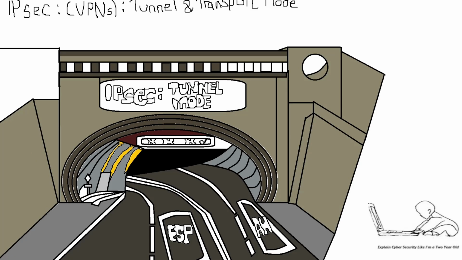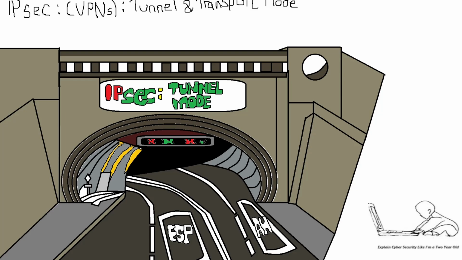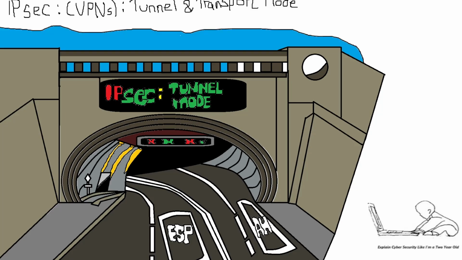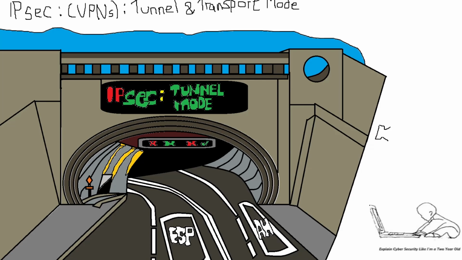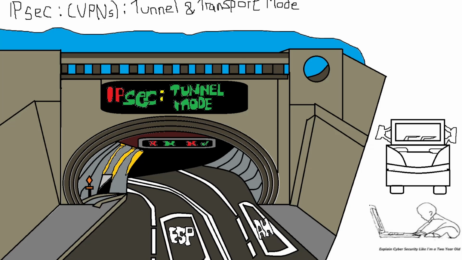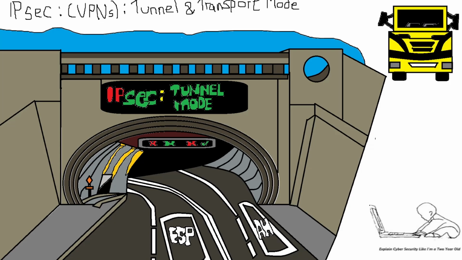Technical keynote: IPsec tunnel mode is also known as link encryption and is commonly used for VPNs. Now, when using tunnel mode, there are two types of headers, aka lanes, known as the ESP, encapsulating security payload, and the authentication header, AH. To explain these two header types, let's use an analogy of a delivery truck which needs to choose its lane.